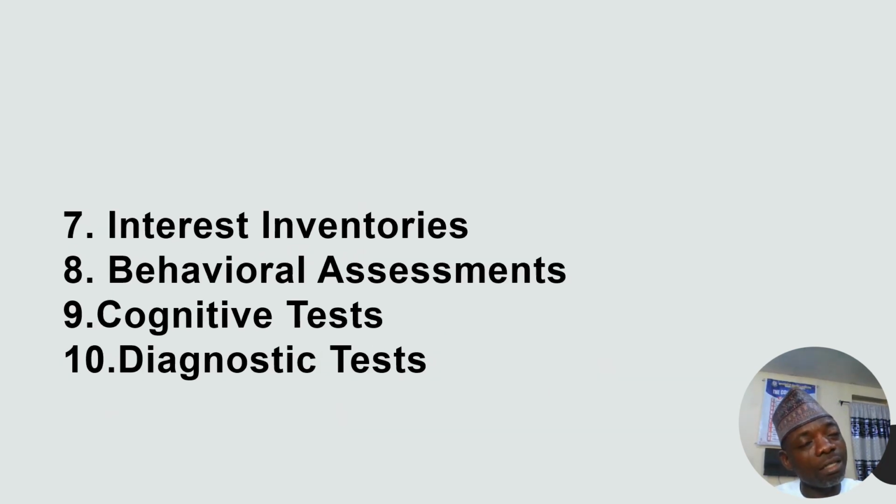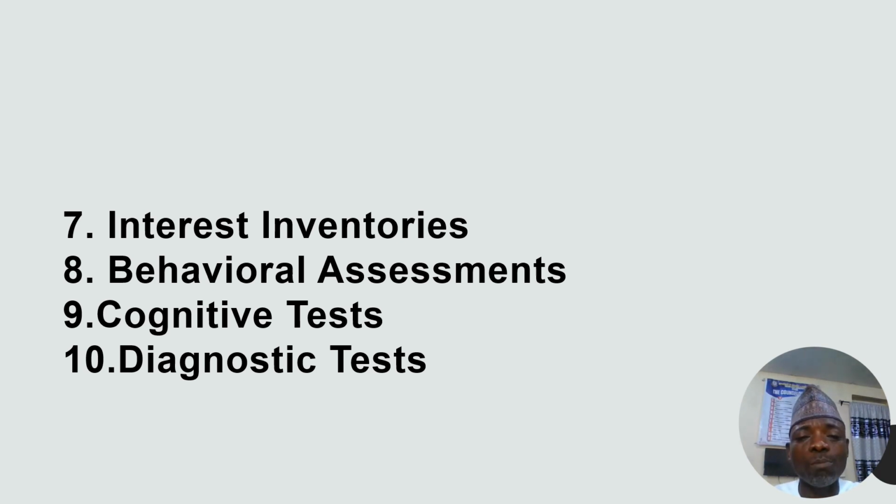So as an expert, we are expected to take a look at these things so that you can be familiar with these instruments. We still have interest inventory instruments. At our secondary schools, one of the pillars of counseling is vocational counseling. So as behavioral scientists, we are expected to use interest inventories to figure out the interest of this person that is in JSS1, this person that is in SS1. You should know the interest of this person so that you can help the school plan very well, and help the parent in choosing a career for their children or their wards also. I think this is one of the things that all educationists are expected to look at.